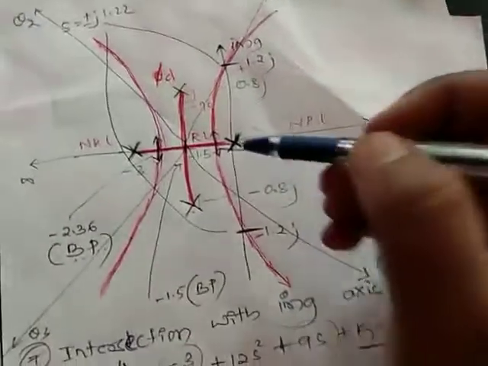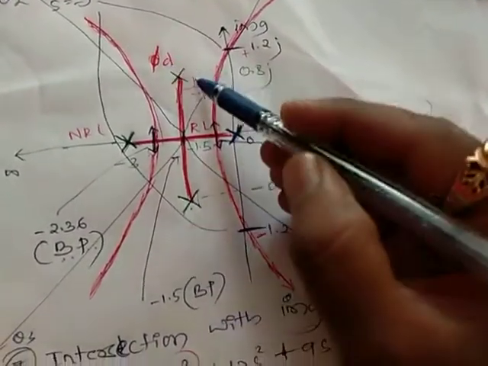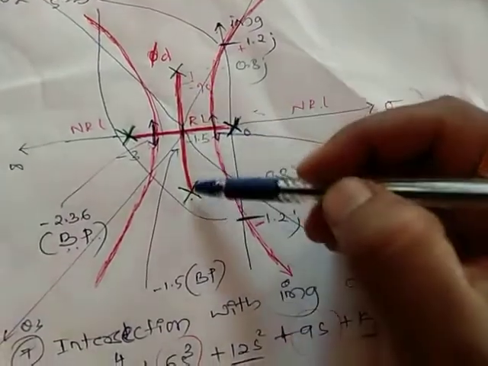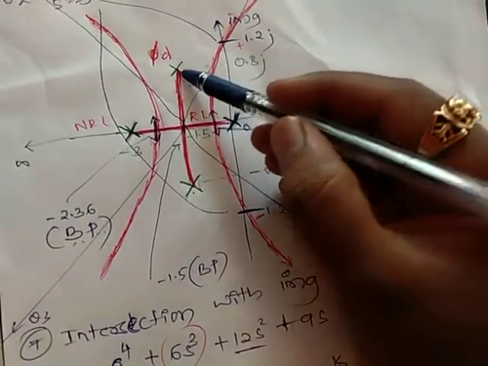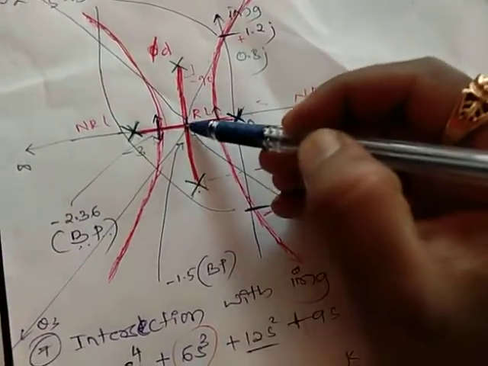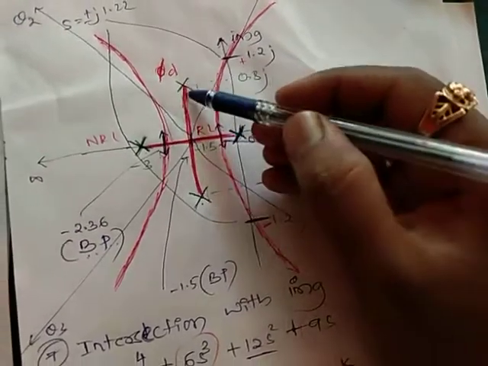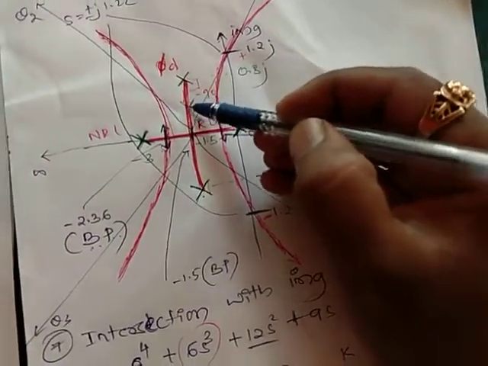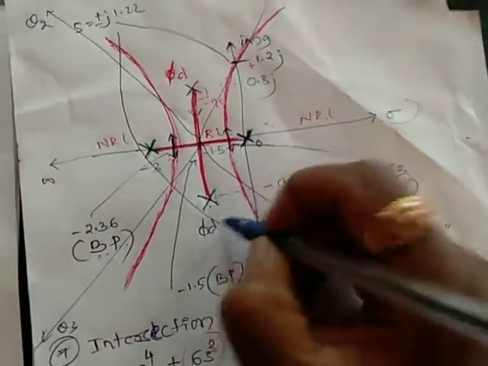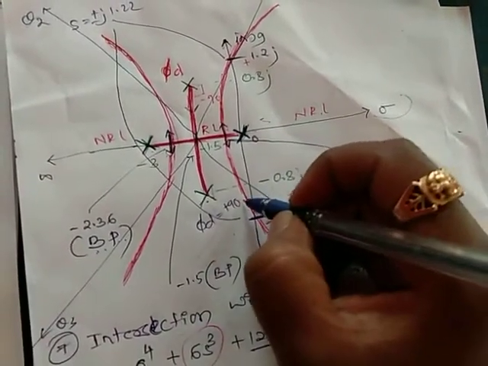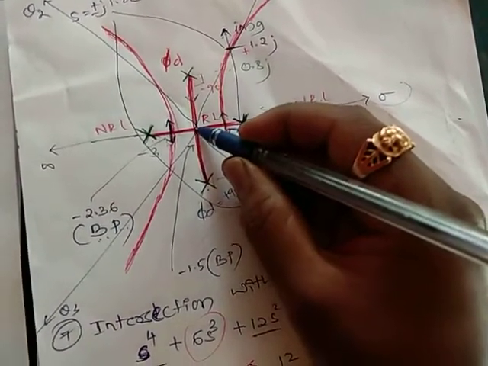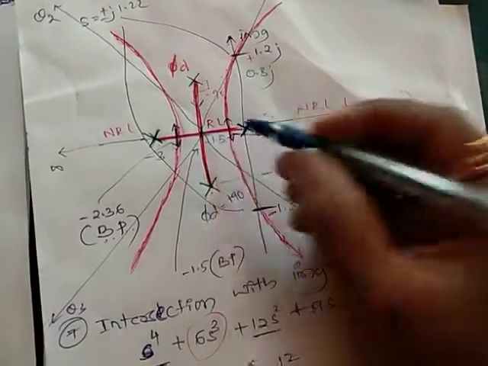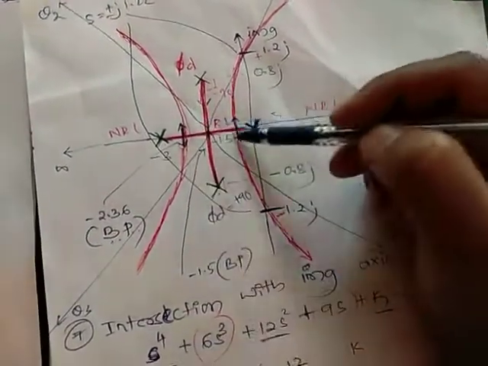Okay. So minus 90 means somewhere here I mentioned phi d here minus 90. So this line you will get. Right. So from phi d, it is meeting the breakaway point. Here we will be having one breakaway point now. So it will be reaching the breakaway point. Similarly, phi d equals plus 90 in this side. So again here also root locus will come and it will be reaching the breakaway point. Okay. Now we are having another two breakaway points.